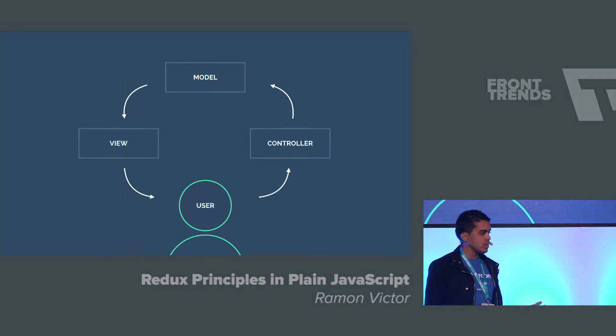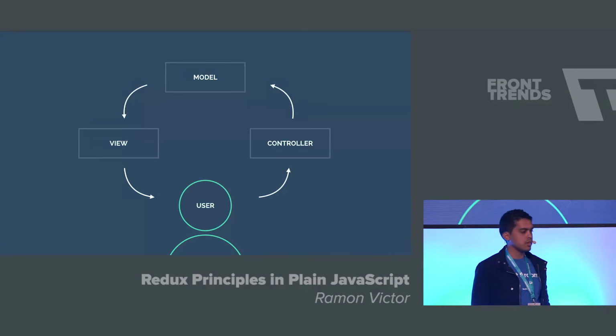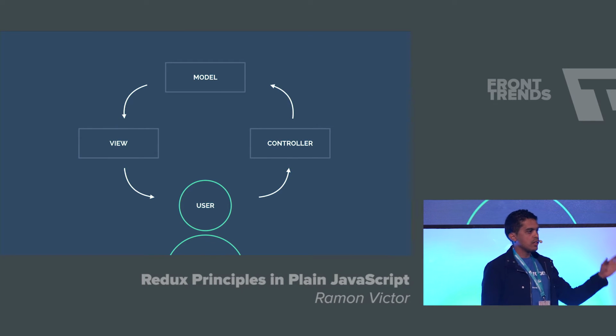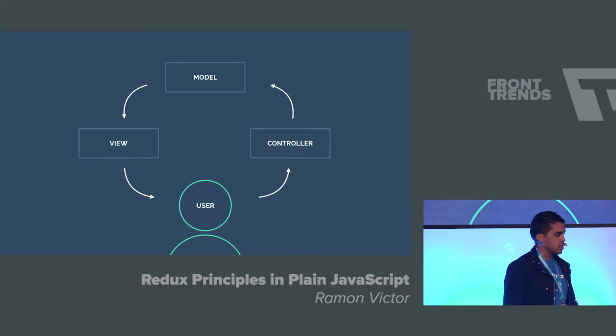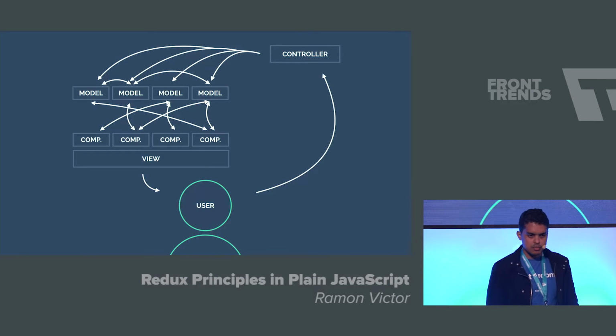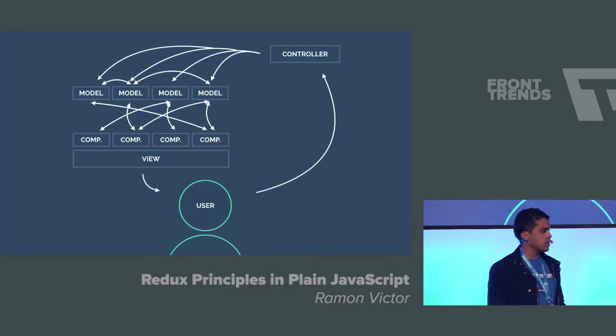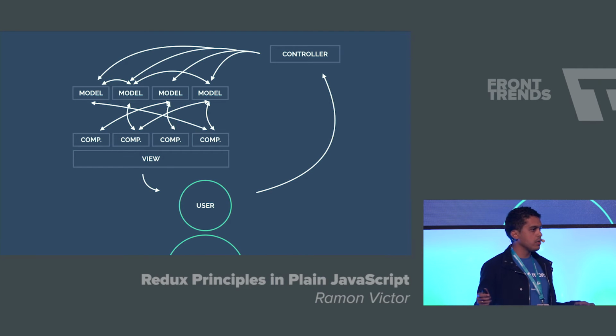So pretty much most of the frameworks that we have right now, and also all the libraries that we use, use this kind of basic concept where you have a controller that manipulates a model, and then you have the view that is going to display the change for the customer. But after some time, that starts to get a little bit more complicated, and then you have situations like this where one model can update another model, and then it triggers an event emitter that does something else that magically works. So sometimes it's hard to fix bugs when you have this kind of situation.